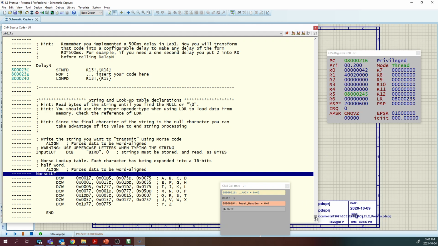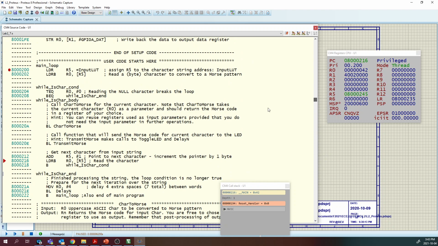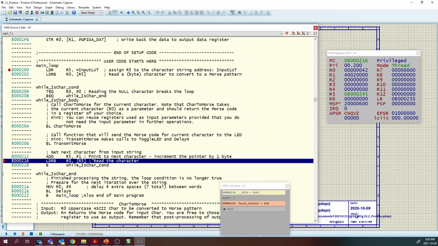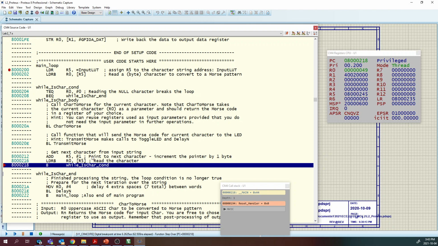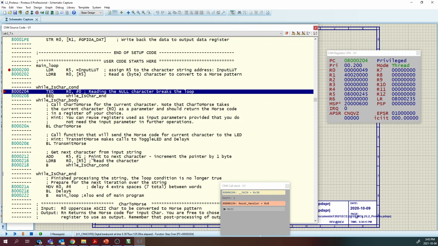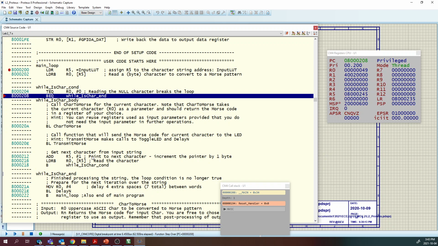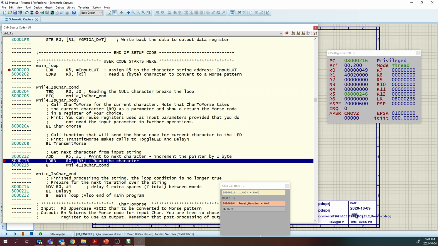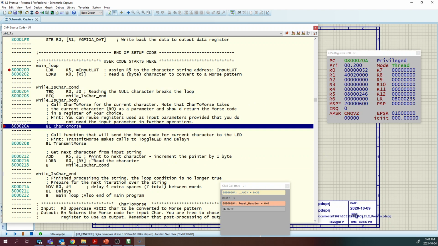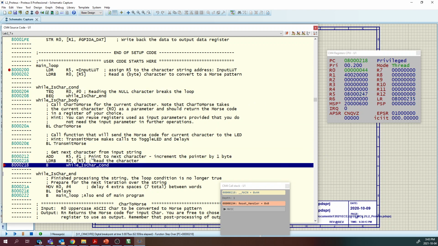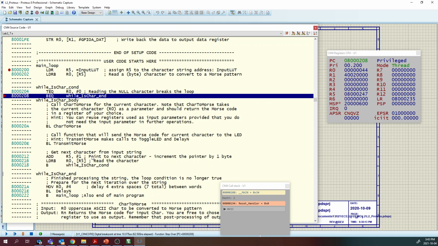So let's go back to the main program where we're executing. We're executing this LDR, and what's going on here is that I'm fetching the next character. In that case it's going to be I, so we fetch that, and then we branch back to the test case. So we're not done with the instruction. We can keep processing them and sending the characters one by one to the LED,